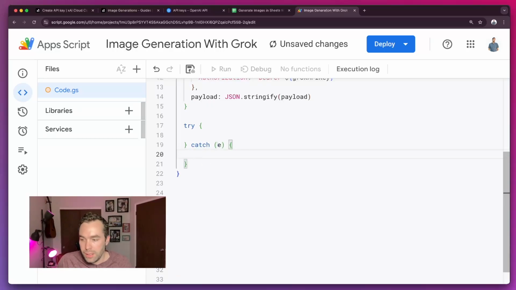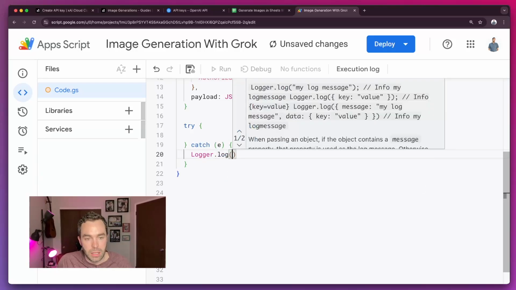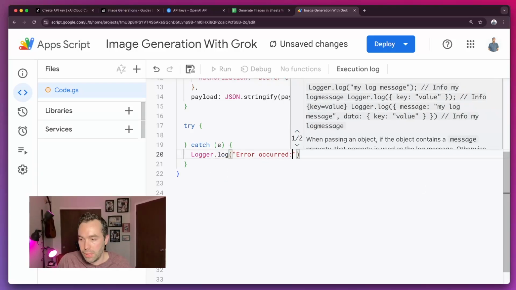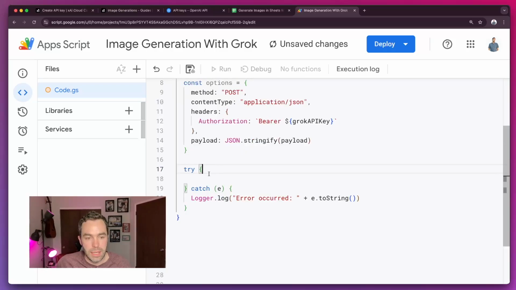We'll catch an error, and we'll just log that out. Logger.log, error occurred. Probably misspelled that, but you know what? Doesn't matter. And within the try block,